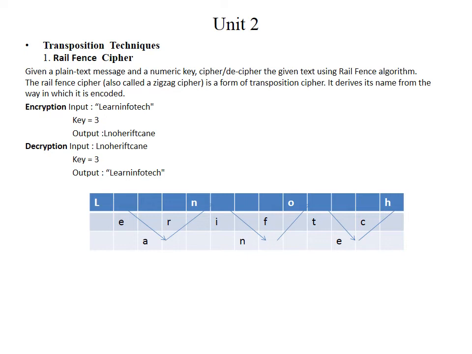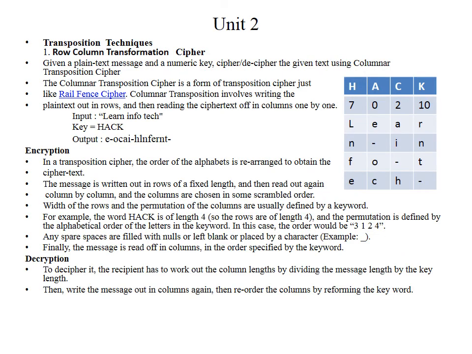Now again, if you want to convert back, then arrange these 13 columns and 3 rows, mark a star diagonally, and write this output, that is the ciphertext, into each row, and read it diagonally, downwards to upward direction. To convert plain to cipher, we are writing in a downward to upward direction, but from cipher to plain text, we have to read it from downward to the upward direction. This is the concept of Railfence ciphers, which comes under these techniques.